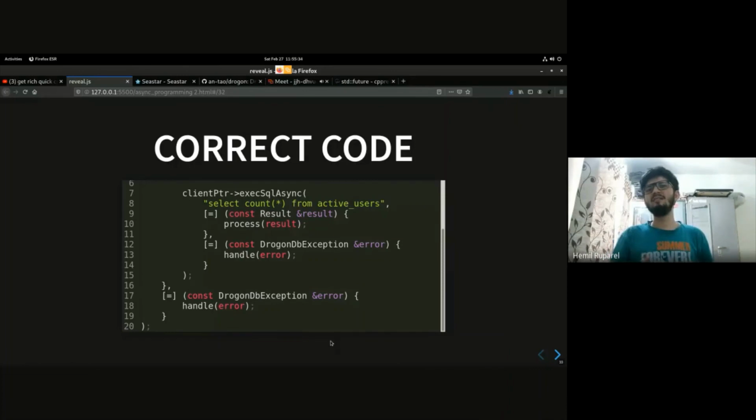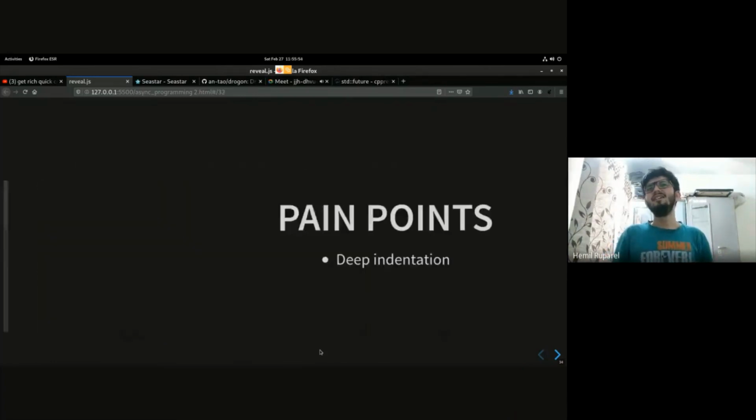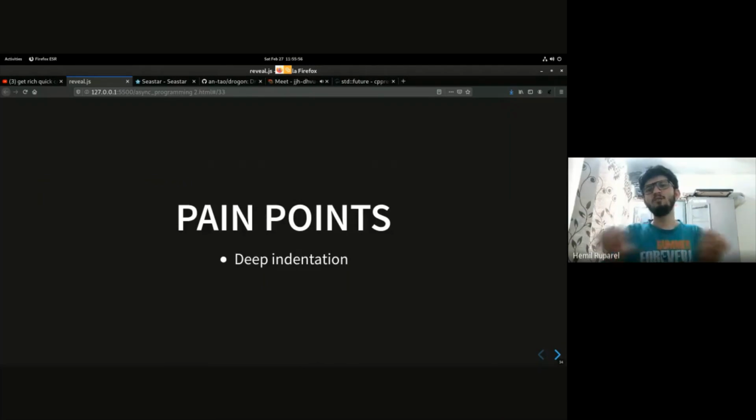Most of the time, if you have an error in your SQL query, what you will do is log the error and crash, because SQL statements should never fail. So we are duplicating this error handler everywhere. We can declare a macro, but that's up to you if it is a good idea or not. So that's the second pain point. We are duplicating the error handlers everywhere.